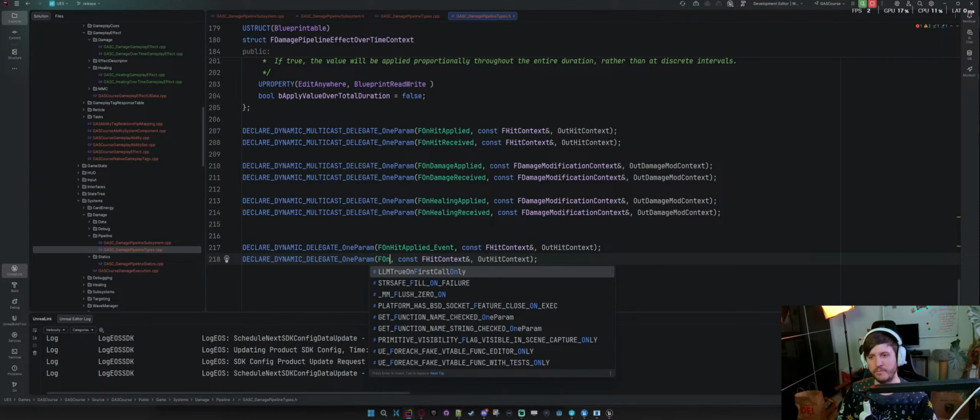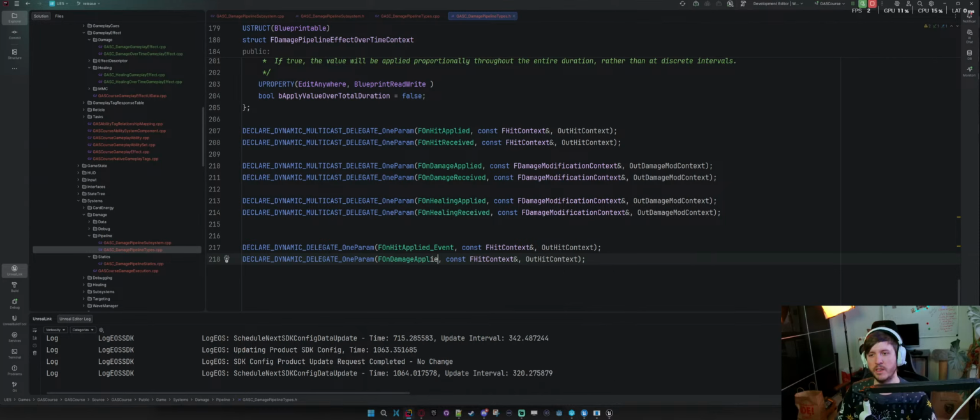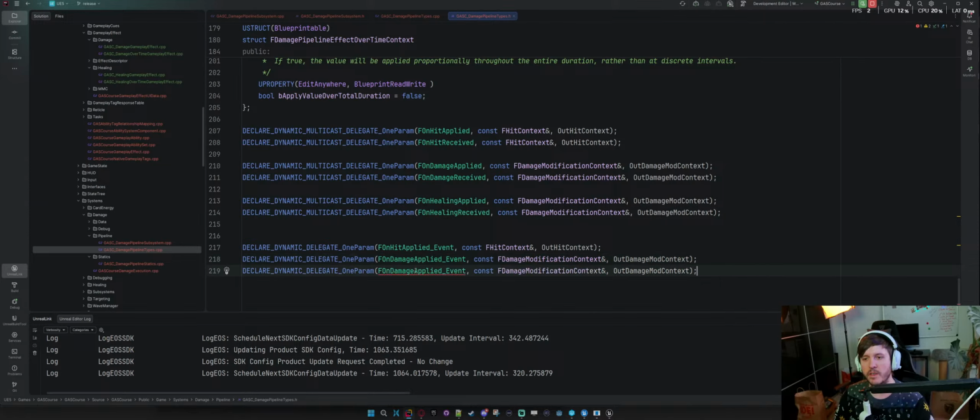So F on damage applied event. And then we gotta get the right context here. Then we'll do, I don't know if we need to do a received or not, but we'll just do the other one. Say F on healing applied. Then do the same modification.